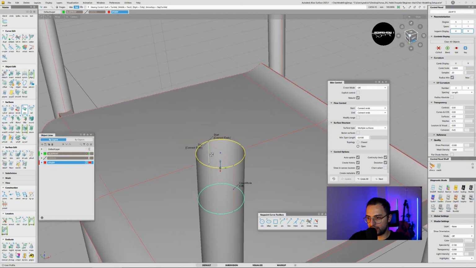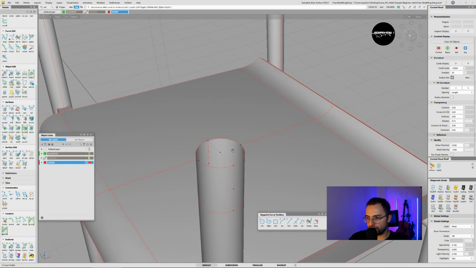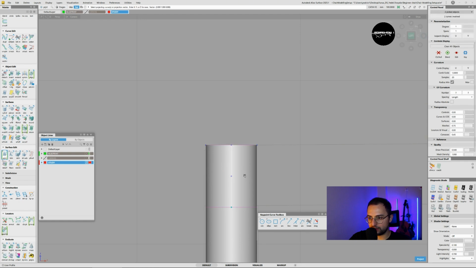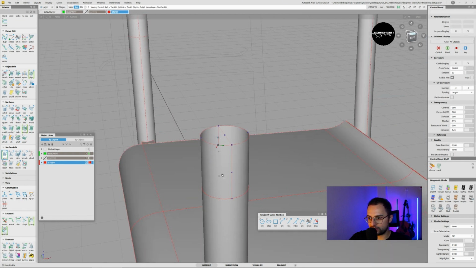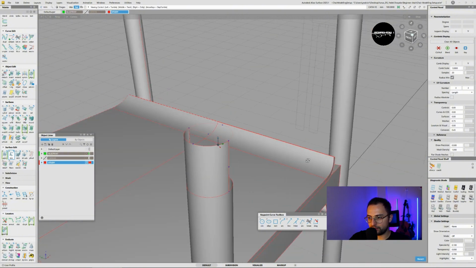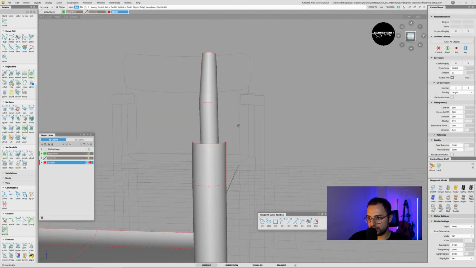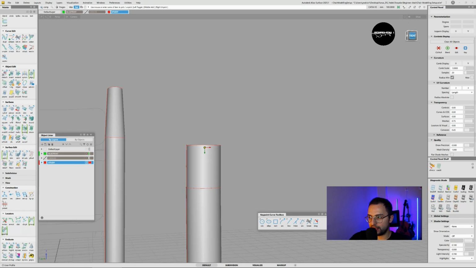And we actually don't need half of it. Pick surface, or let's go to the left view, project, and trim. Yes. Let's get rid of these curves. Okay. And now